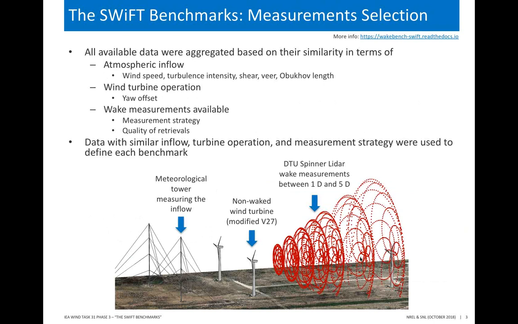And then on the nacelle of this turbine, there is a DTU spinner lidar. So that's a scanning lidar that's facing the rear of the turbine and scanning the wake between 1D and 5D downstream. And so these are the three sets of data that we're going to be using for the definition of